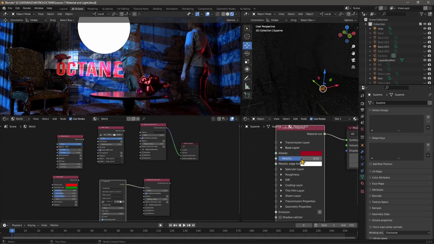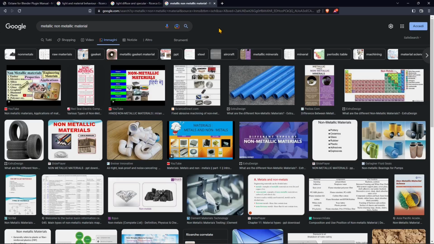Usually you can use a parameter from 0 to 1 or from 0% to 100%, or you can use colors. Black means 0, white means 100%. Now, materials in reality are either metallic or not metallic. This is why we have that parameter. Non-metallic materials are all the others, like woods or plastics or ceramics, glass, and so on. So metallic, it's metallic and